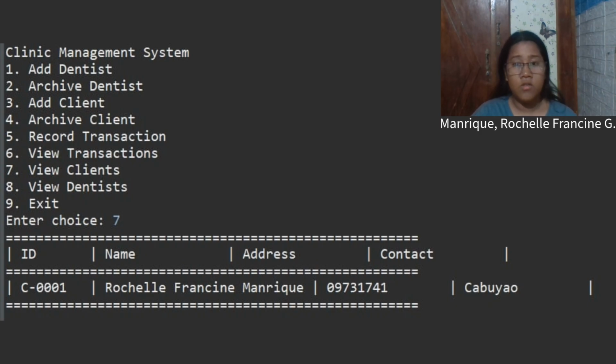The address and contact fields are interchanged and/or incorrectly assigned. This confirms that there is a problem in the data handling and/or printing logic of the program. Despite this issue, the feature demonstrates that the system can store and retrieve client information from its records.